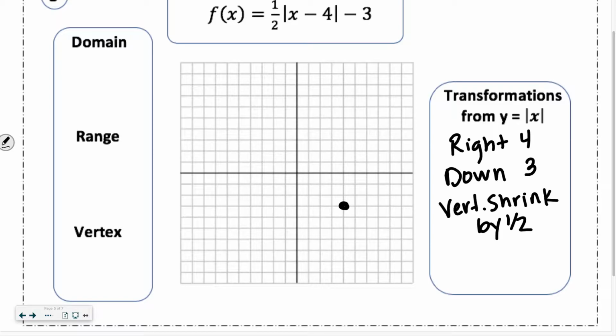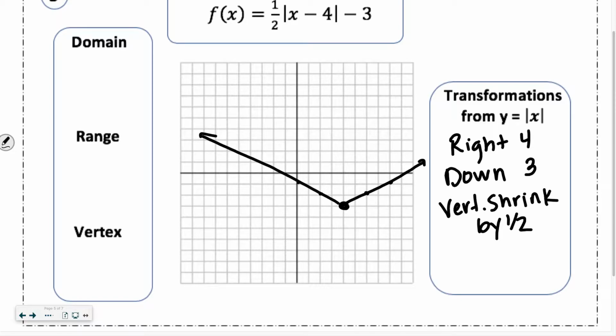Okay, up 1 over 2. So up 1 over 2, up 1 over 2. Do that on the other side. What happens to your V? It looks wider than the parent function. Okay, did any groups do it differently than up 1 over 2? In fact, I accidentally went up a half and then over 1, but that's